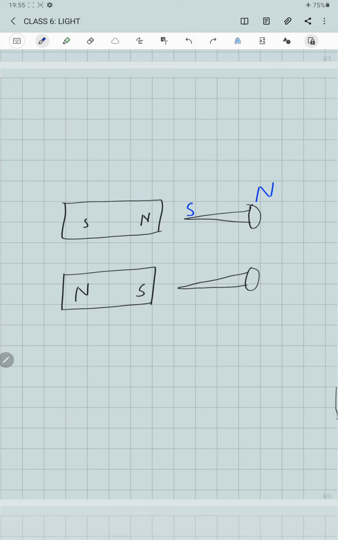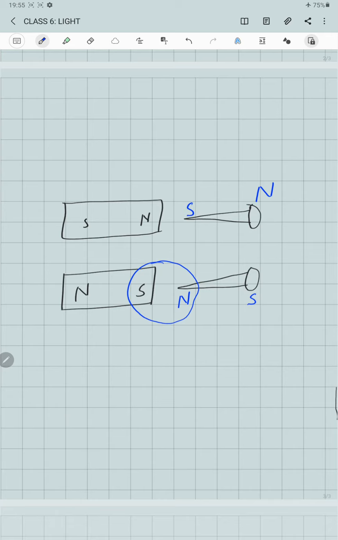In the second figure, the same end of the iron nail is now brought close to the south end of the bar magnet. In this case, the south end of the bar magnet will be able to develop a north pole at the nearer end of the iron nail, while a south pole at the farther end. So again the two opposite poles, the south pole of the bar magnet and the north pole of the iron nail, are close to each other, so they get attracted toward each other.